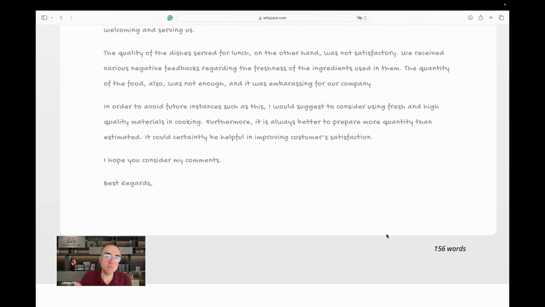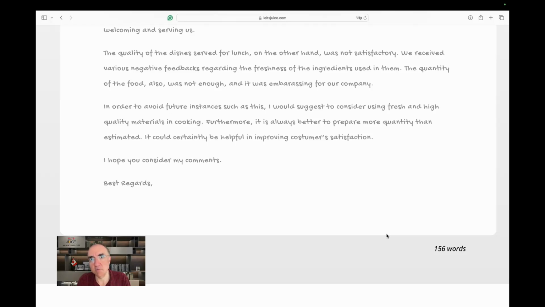156 words. Only 6 words more than the requirement, the minimum requirement. Interesting. And it delivered basically everything we wanted it to deliver. We talked about the good things. We talked about the embarrassing one. 23 dishes. Oh gosh. And finally, we gave some generic ideas, but basically, yeah, you cannot get any further than this.